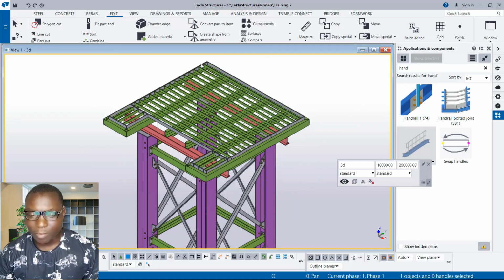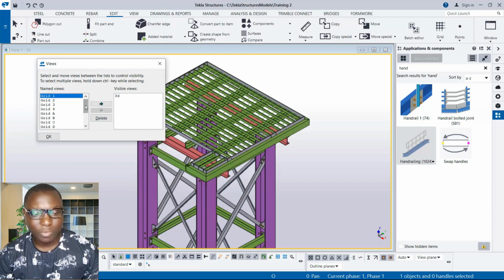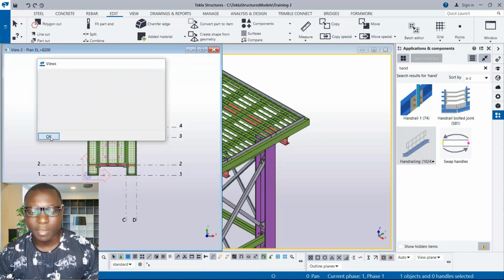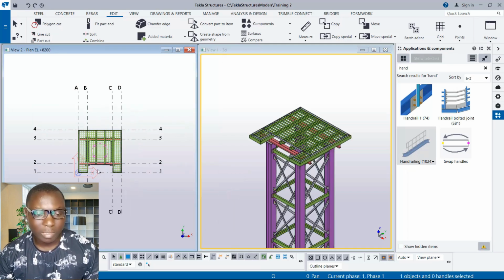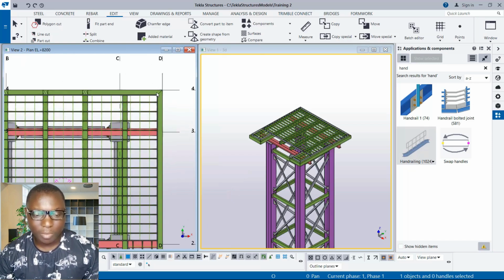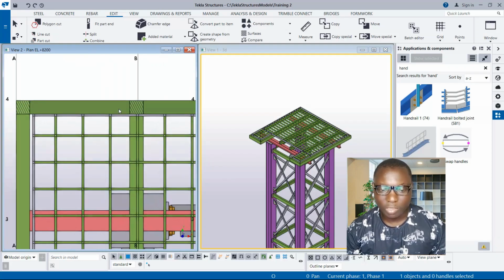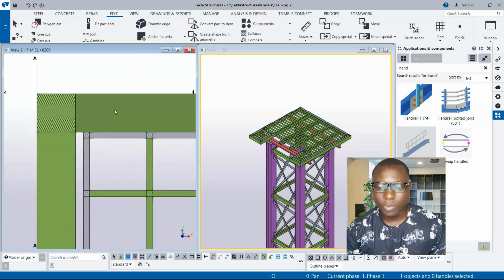All right. So for me to do that, I will just do Control I on the keyboard. This will bring up the view properties, and then I will scroll down, navigate to the plan at elevation 8200 millimeters. I move it to the visible view just like this, and I click on OK right here. Then I will tile this window vertically right here, and then I zoom closely so you can see how trim this edge is, while this other edge is actually clashing. Here is also clashing. So how do you get rid of this? We will have to resolve this first before we go into the Handrail